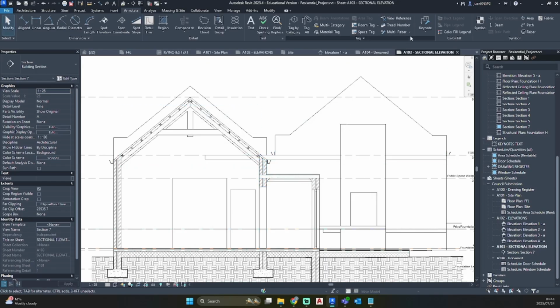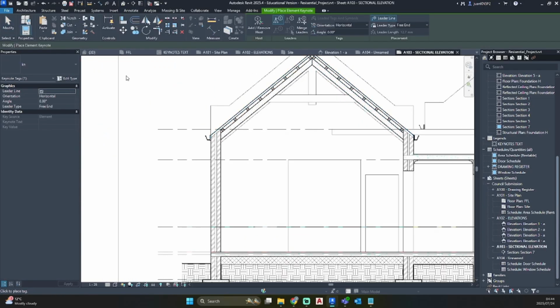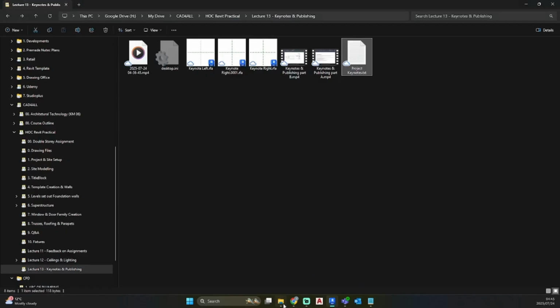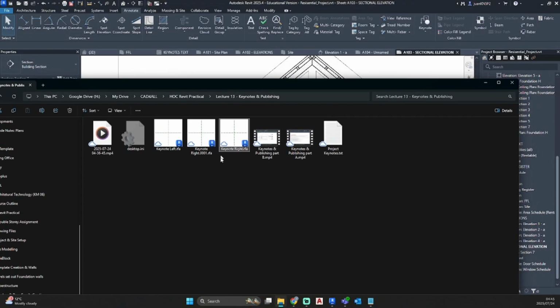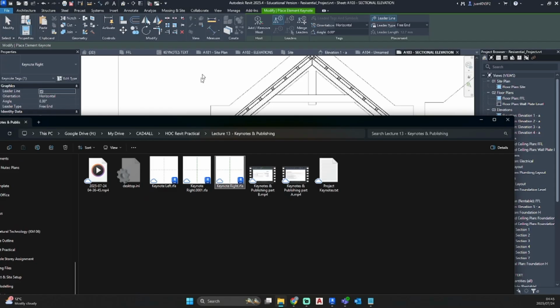So what this does, if I hit OK, OK, I want to set that keynote onto this wall. So I'm going to go back to my top ribbon, hit the drop down key element keynote, and as you can see, this is my old one, so let's import our keynote tags that we have created. So I'm going to go keynote right, and I'm just going to drag and drop this into my project.